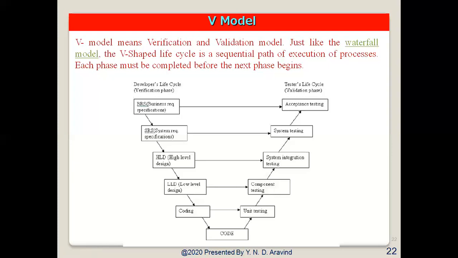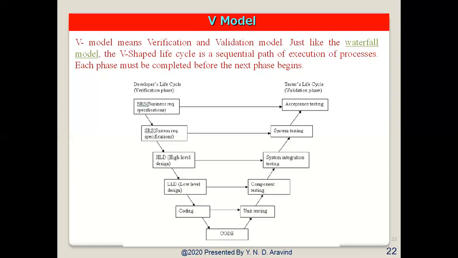Then we go for the high level design, HLD phase. This phase focuses on the system architecture and design. It provides the overview of the solution, platform, system products, and services. An integration testing plan is created in this phase, in order to test the pieces of the software system's ability to work together.